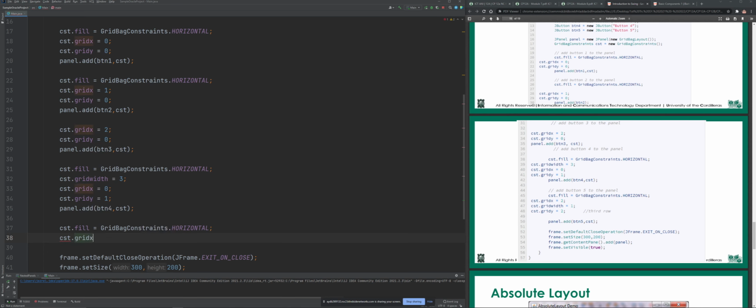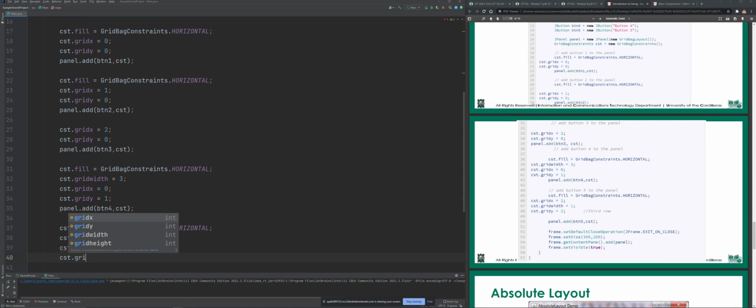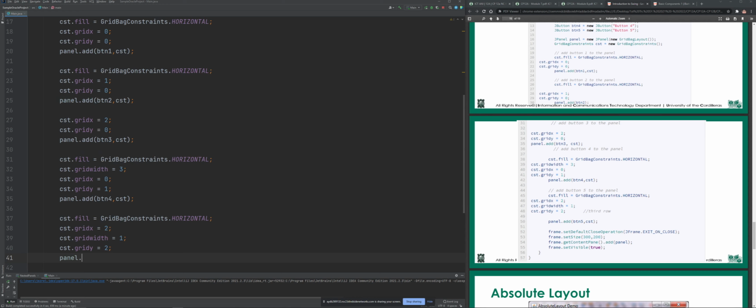gridx is equal to 2. So tama, so 0, 1, 2 nandito. Okay, tapos gridwidth is 1. gridy equals 2, so nasa third row siya. Okay, let's add that. panel.add